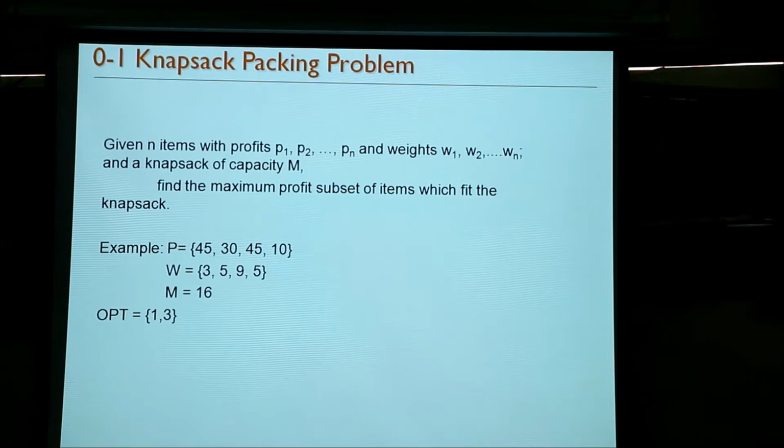Right? So why is it true? Just to give some intuition, suppose what we do is we sort the items in the ratio of profit to weight, right? So there will be some items which have profit P1, W1, P2, W2, maybe Pj, Wj, and so on.